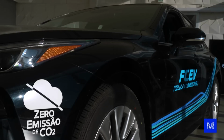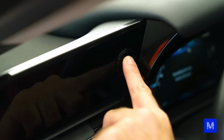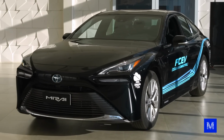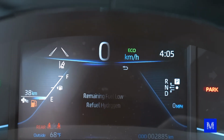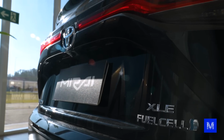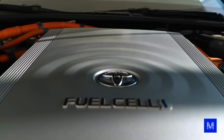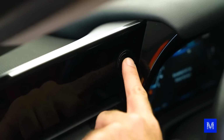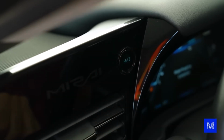The easiest way to do this is through electrolysis, which is to separate water, which is H2O, into hydrogen and oxygen. But this requires electricity, and if this electricity comes from a solar or wind power plant, it becomes a clean energy source. Every 62 miles it releases 0.26 gallons of water through the exhaust. That is, this car doesn't even have an exhaust. It stores this water in the reservoir, and when it fills up,